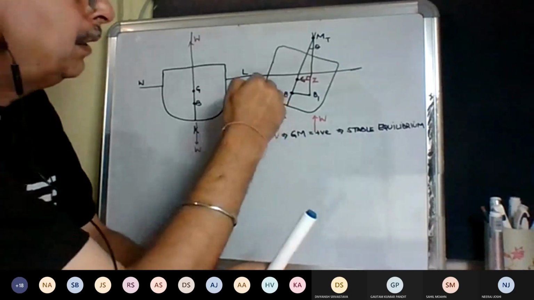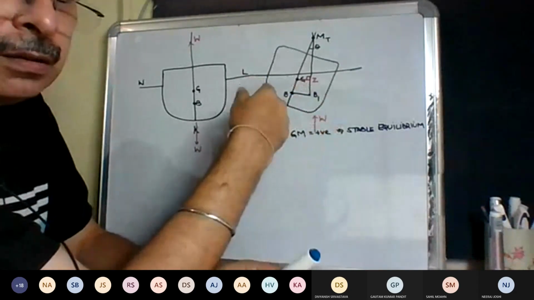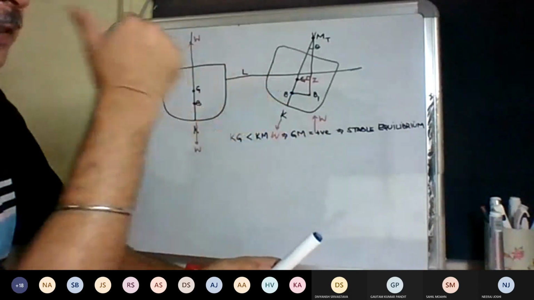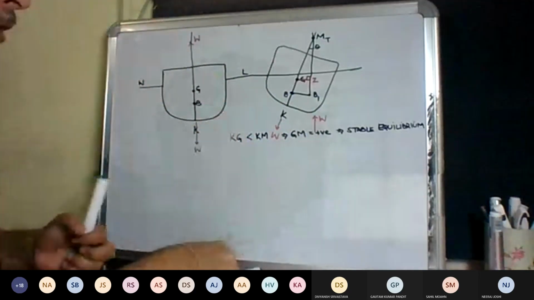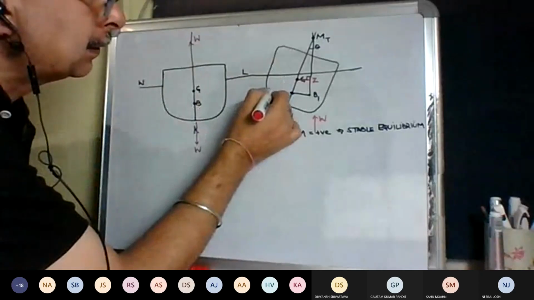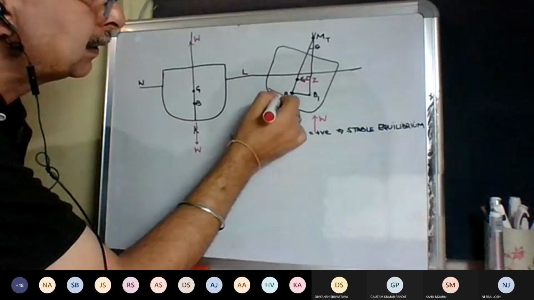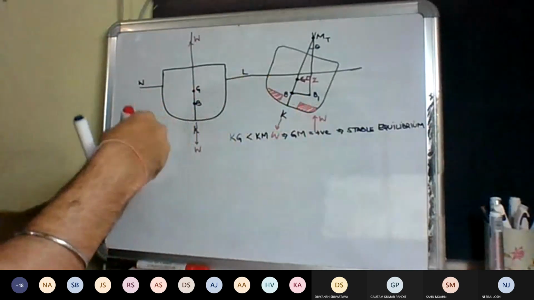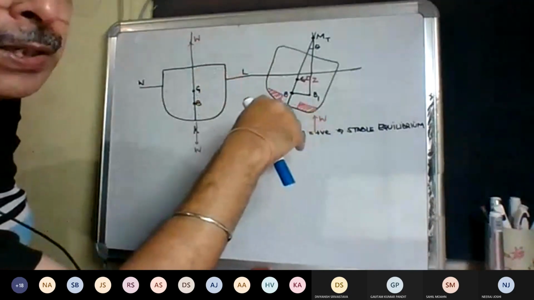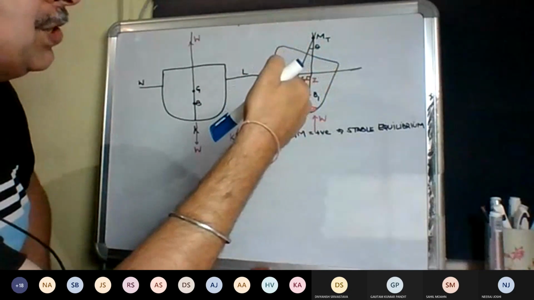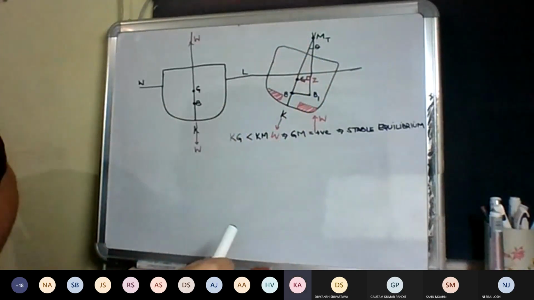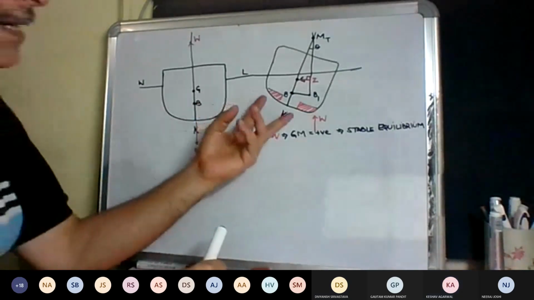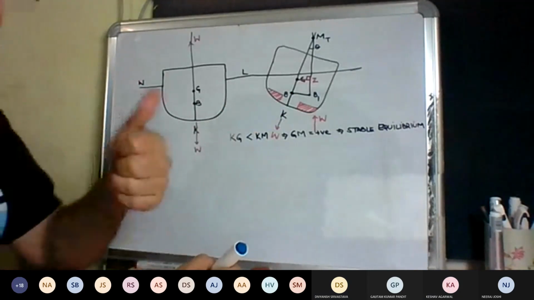Now, अगर मैं नीचे से अपने लिक्विड्स कंज्यूम करता रहूं, सपोजिंग मेरे बंकर टैंक्स नीचे हैं, फ्रेश वाटर टैंक नीचे है, तो सपोजिंग ये मेरे बंकर टैंक्स हैं या फ्रेश वाटर टैंक्स हैं, एंड मैं इसमें से अपने लिक्विड्स कंज्यूम करता रहा, तो अगर मैं यहां से कंज्यूम कर रहा हूं लिक्विड्स, विच इज व्हाट हैपेंस एट सी, तो मेरा G किस डायरेक्शन में जाएगा? सर अपवर्ड्स। सो माय G विल ऊपर की तरफ सर। करेक्ट। सो व्हेन आई एम कंज्यूमिंग एट सी, what will happen? Two things will happen.